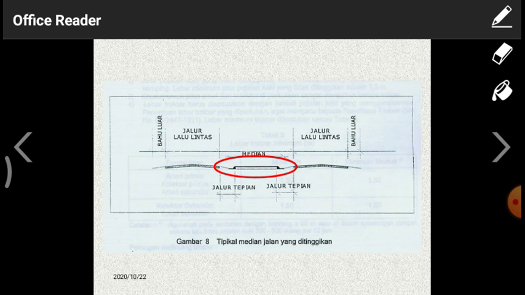Why? Because the total water in the particular road surface will be drained to this median. The median has some quantity of holes. Those holes will directly absorb all that water, and it will sink down to another canal with respect to normal ground level. Okay, in some of the roads they simply arrange these pipeline systems. That means at the bottom of the road they will give some quantity of pipelines, so that the water will be drawn from the road surface to these pipelines, and the pipelines will be connected to side canals.